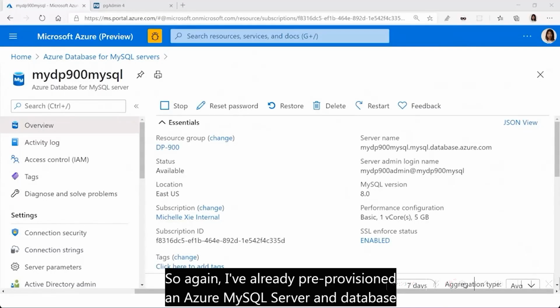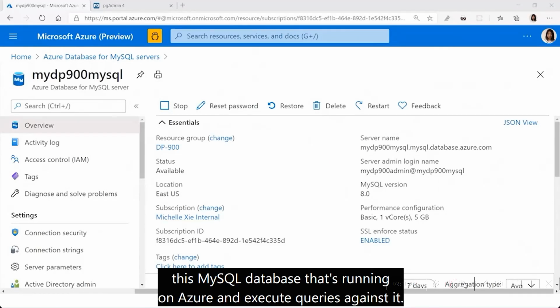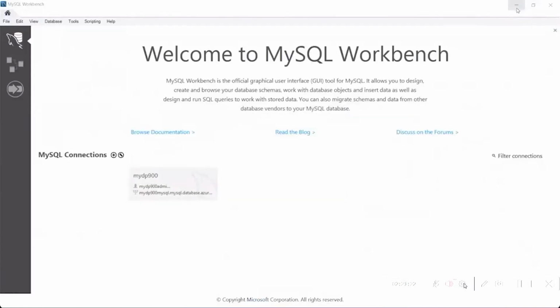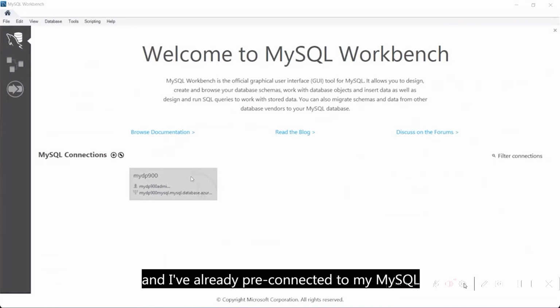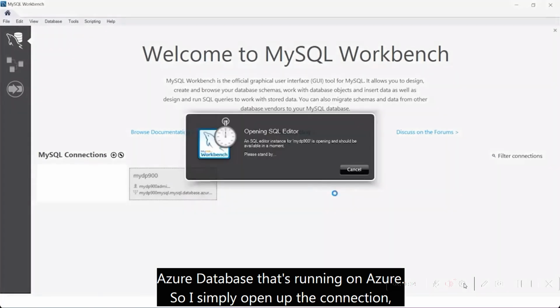So again, I've already pre-provisioned an Azure MySQL server and database that's running on MySQL. And now we're going to have a look at how we can use the MySQL Workbench to both access this MySQL database that's running on Azure and execute some queries against it. So I'm on my MySQL Workbench, and I've already pre-connected to my MySQL Azure database that's running on Azure. So I simply open up the connection,